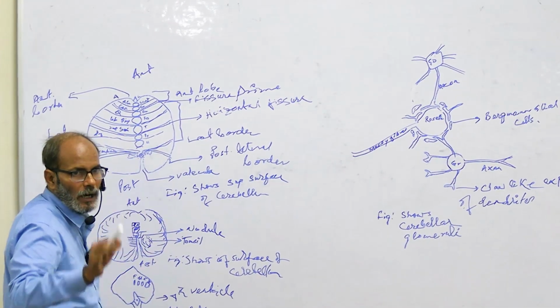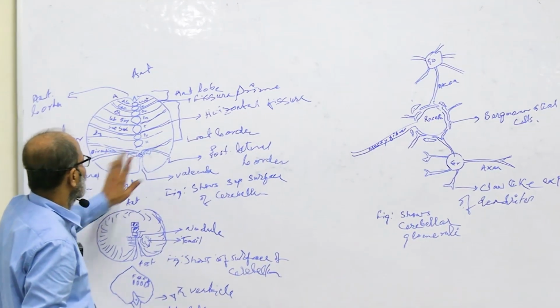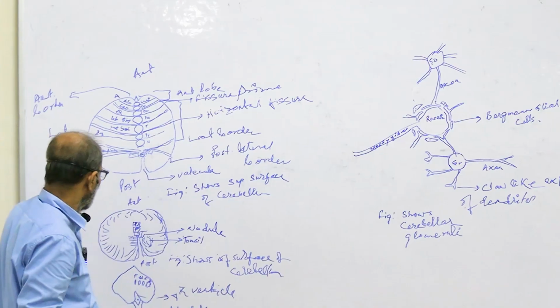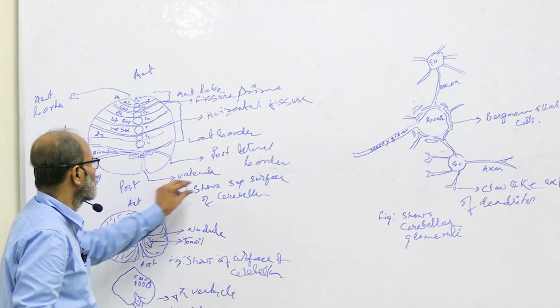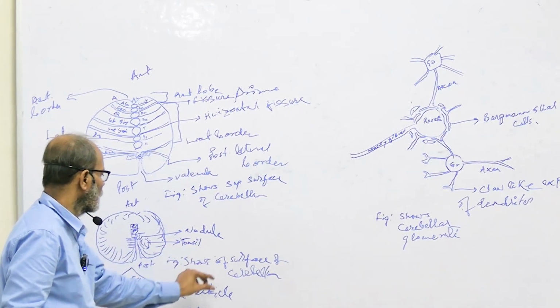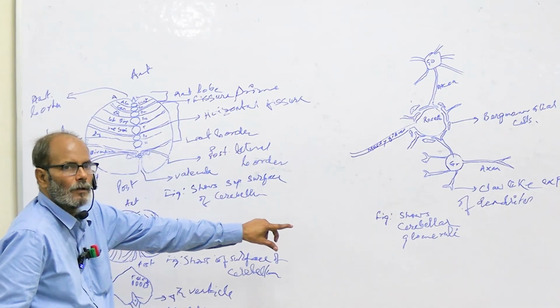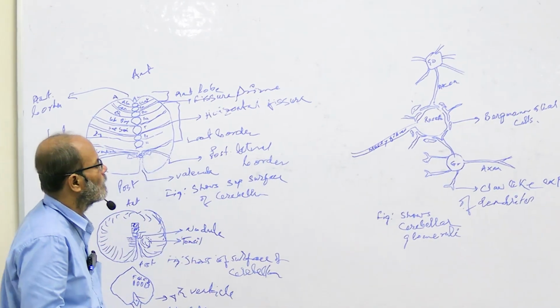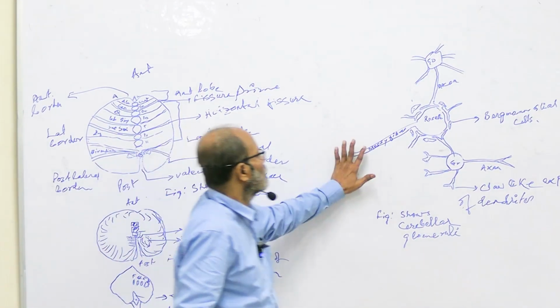After drawing a diagram, you should always write the anterior, posterior, lateral, medial together with a caption. The figure shows the superior surface of the cerebellum, the figure shows the inferior surface of the cerebellum, the figure shows cerebellar glomeruli, like this. Alright. Now you can see the end of the mossy fiber is dilated,